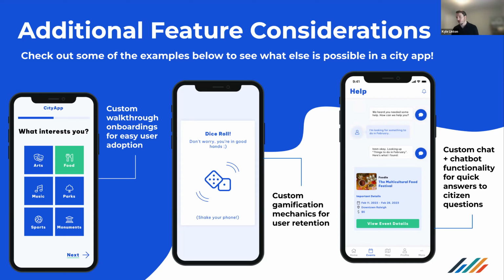So that's another feature. But then we've also had a lot more conversations around, okay, well, can we integrate with a chatbot? Can we try to facilitate a modality of conversation with the city? And this can look like a lot of different things. You can say, hey, what events are going on in my city in the next week? Or,